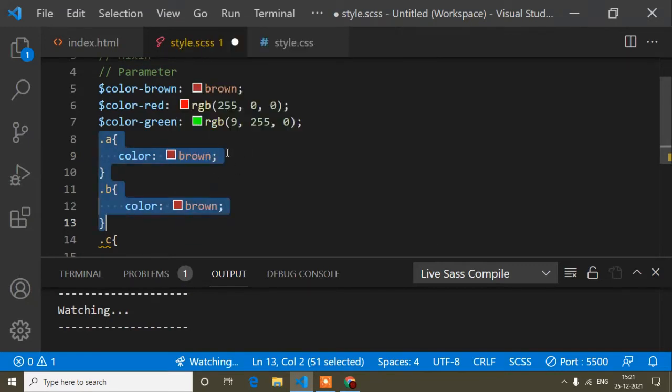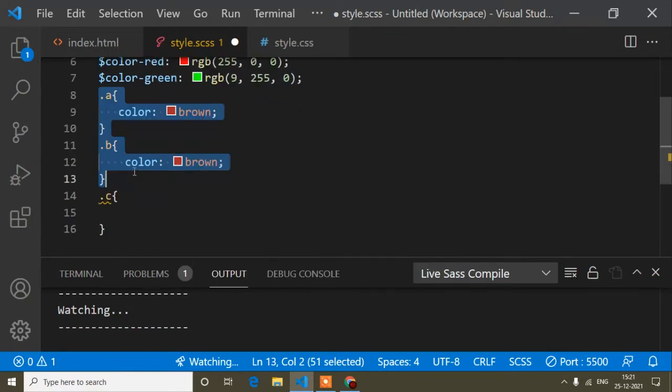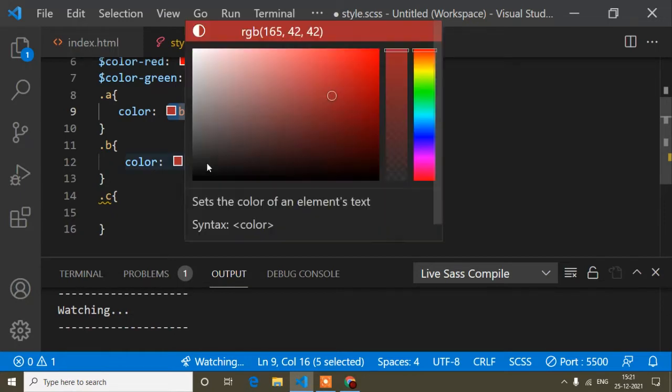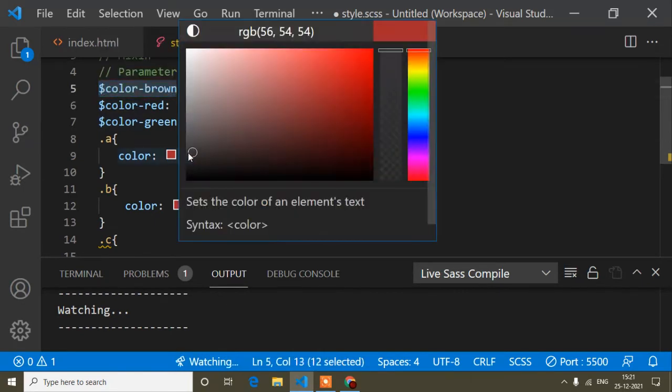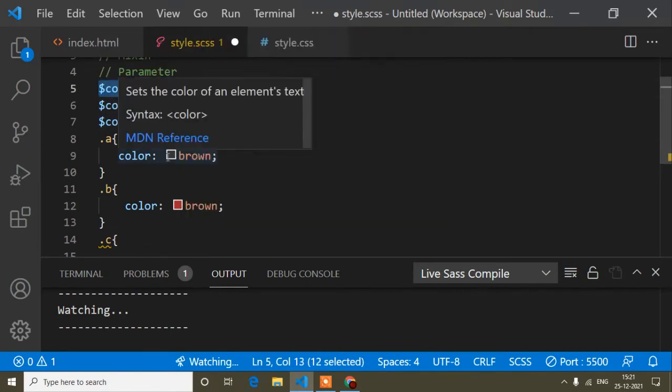But guys, suppose I used this brown color in 1000 classes. Here it's only a and b, but in 1000 classes I have used the brown color, so it's very difficult to find all the classes and change it, right? So what I will do is use this variable name instead of brown.